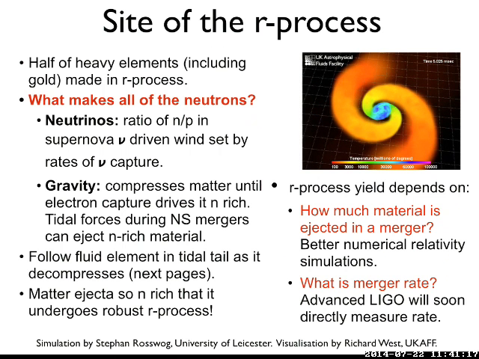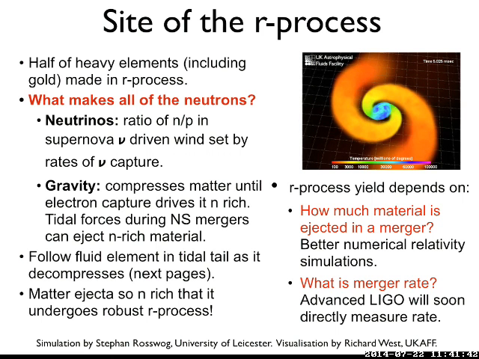Okay? So half of the heavy elements, including gold, are made in the r process. The wonderful question, the right question, we should have asked this 20 years ago, is simply what makes all the neutrons that you need for the r process? That's what we should have been talking about for a long time. So let me give you two possibilities. Neutrinos,